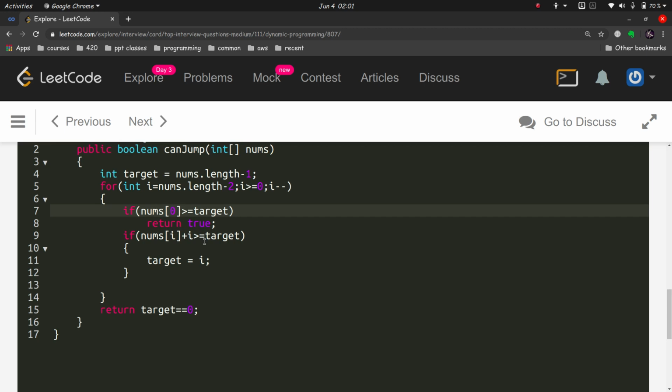If that does not happen, let's assume that the value at the first element is 1. In that case it will go all the way to the first element, and the for loop will end.